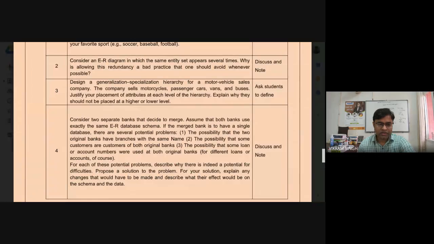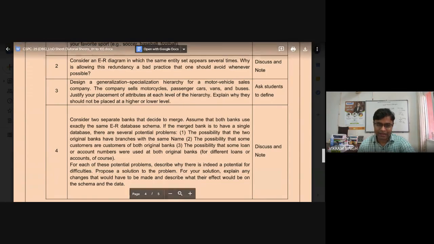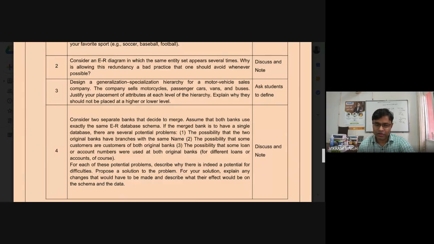Now question number 3 says design a generalization specialization hierarchy for a motor vehicle sales company. The company sells motorcycles, passenger cars, vans and buses. Justify your placements of attribute at each level of hierarchy. Explain why they should not be placed at a higher or lower level. Okay, so that's a simple something. So ये हमने एक क्लास में डिस्कस किया था कि how to basically you can take the basic entities जो फर्स्ट में ड्रॉ करते हैं कि okay there are 4-5 entities, motorcycle, passenger cars, vans and buses. उनके आप attribute define करिए. Then you can start planning for